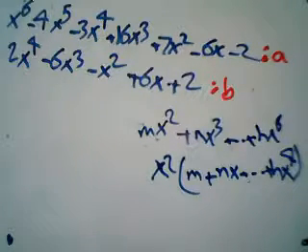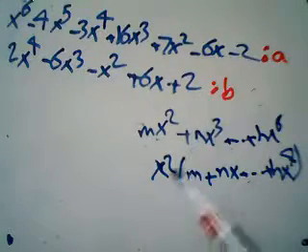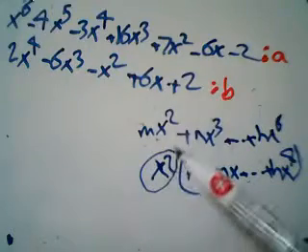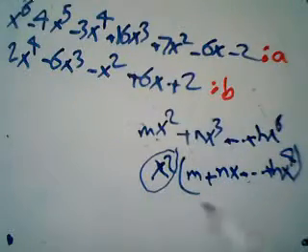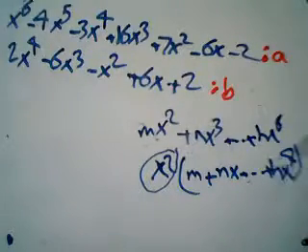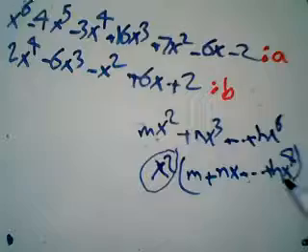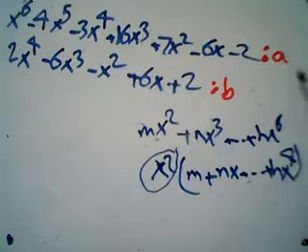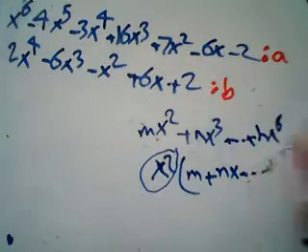Since this is a linear combination of a and b, and a and b do not have such a factor, the inside of the parentheses should contain all of the common factors of a and b. The greatest common divisor of the inside of the parentheses and a equals the greatest common divisor of this and b, which also equals the greatest common divisor of a and b. Okay, so let's